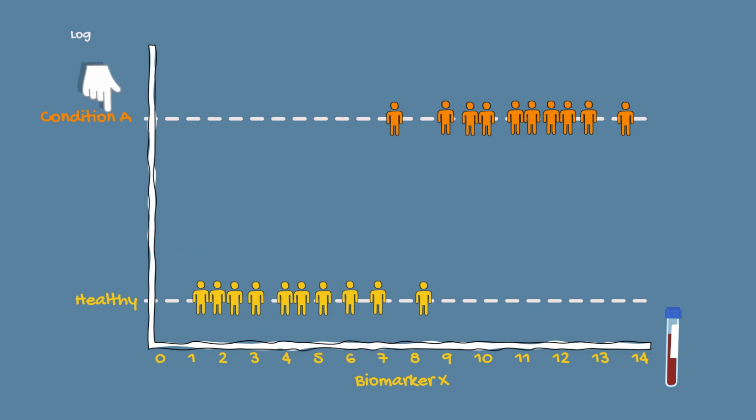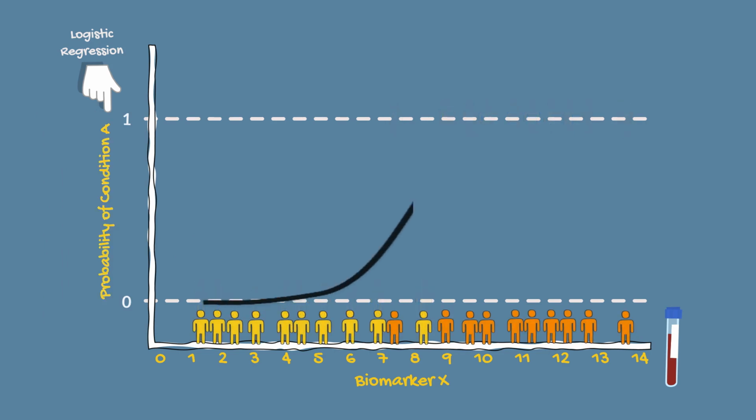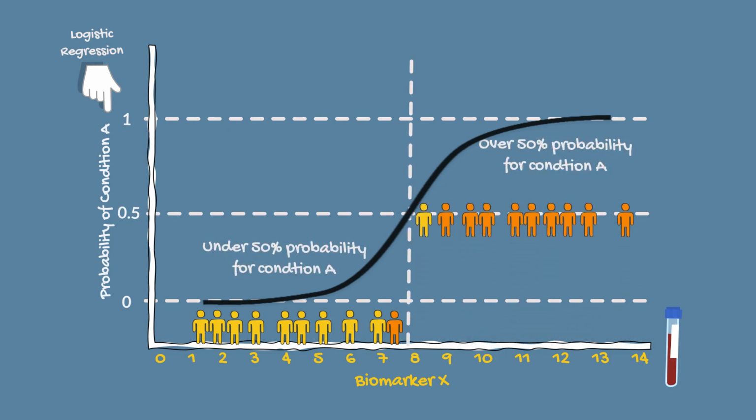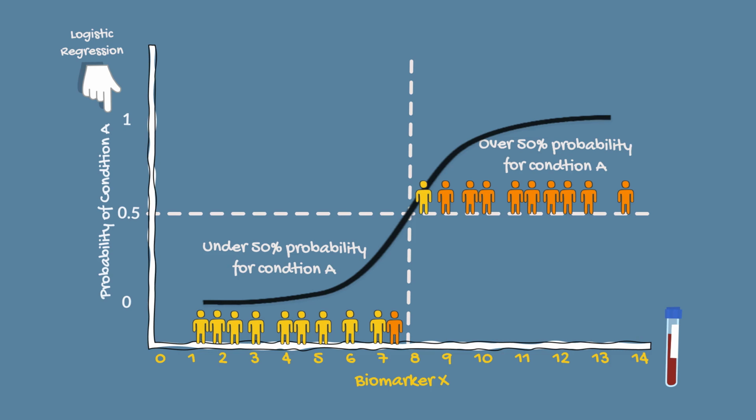By applying logistic regression analysis, we can modify the y-axis into the probability of condition A. And by using the probability curve, we can determine the probability of condition A in each subject. Now, one way is to classify the sample based on whether the probability is over or under 50%. As you see, by 50% threshold of probability, we are going to have one false positive and one false negative